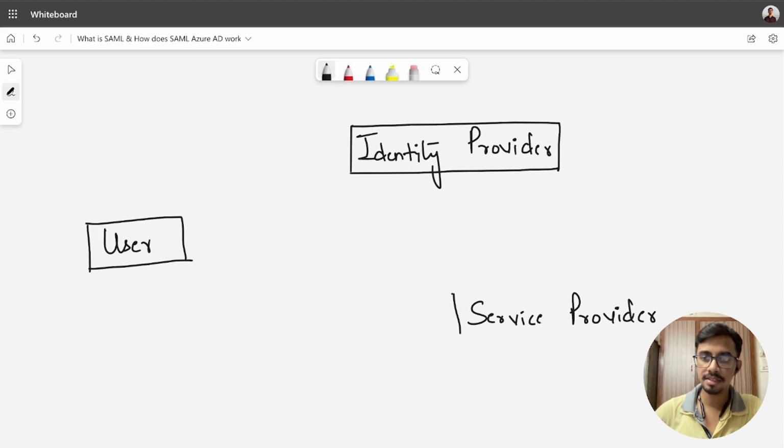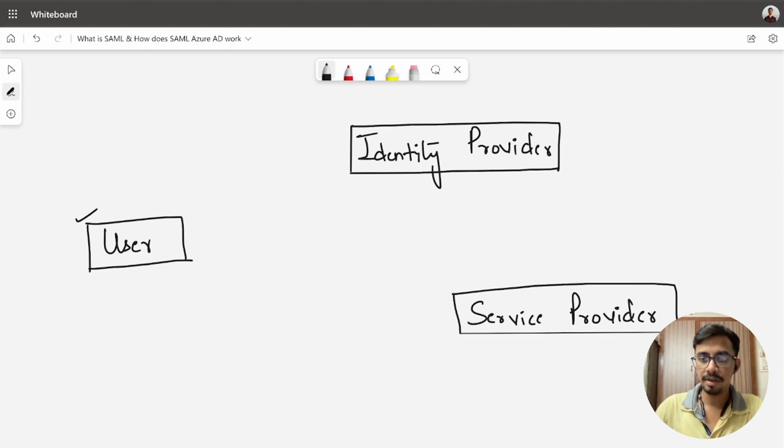Now, let us understand how these three make up what SAML is. So the user here in our above example was the new joining employee, or you can say it was the web browser, right? The identity provider, okay, let's come to this a bit later. Let us first talk about this service provider.